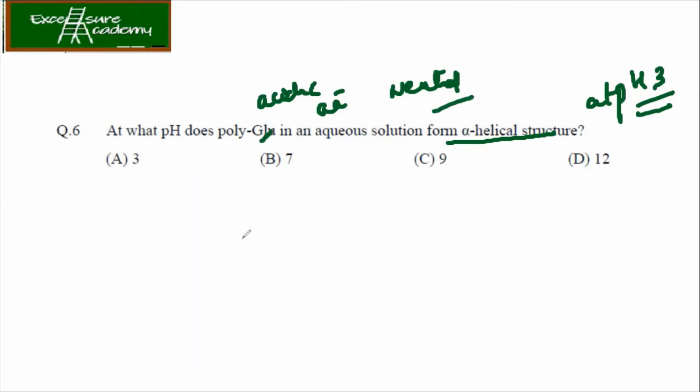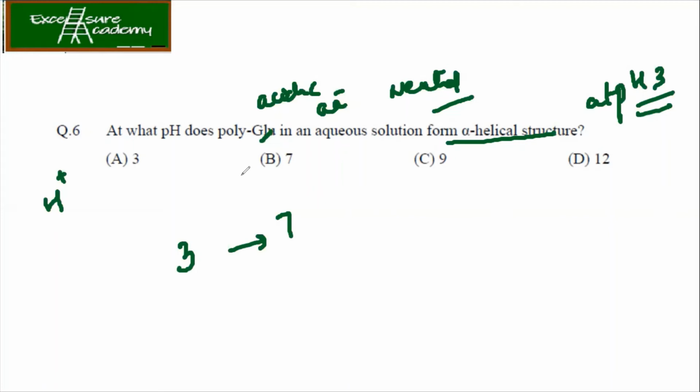Now when the pH is increased from 3 to 7, what is happening? There is a loss of H plus ions, right? So what is happening at that time? When the pH is raised to 7 or more than 7, the charges on the adjacent residues in the alpha helix will start repulsion at higher pH. What will happen because of this repulsion? The alpha helix will become destabilized and it will get unfolded.